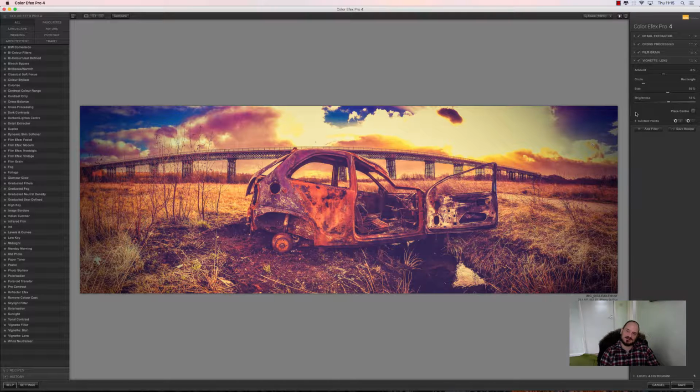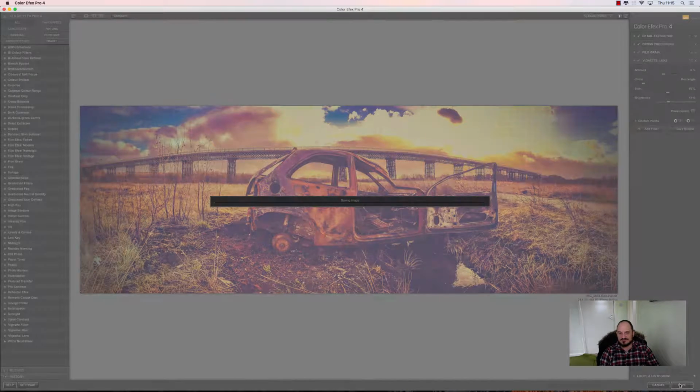I'm not sure about this side though now, to be honest, with the vignette. Let's just pull the vignette off a minute. Oh no, I like that. Yeah, that's nice. It's created some sort of soft, hazy effect on the top, so I quite like it. Okay, save. So if I just click save,